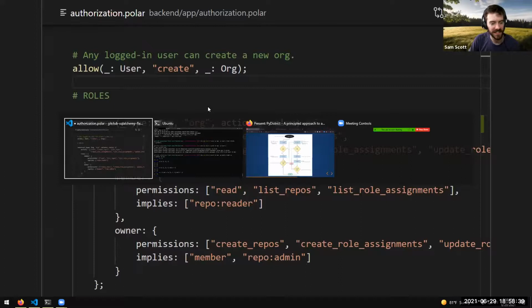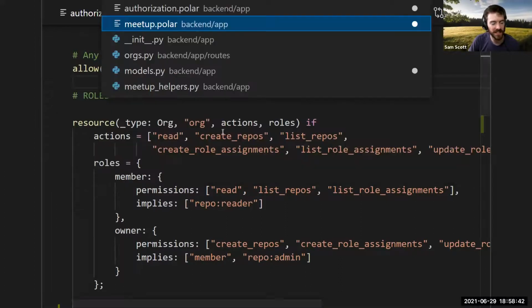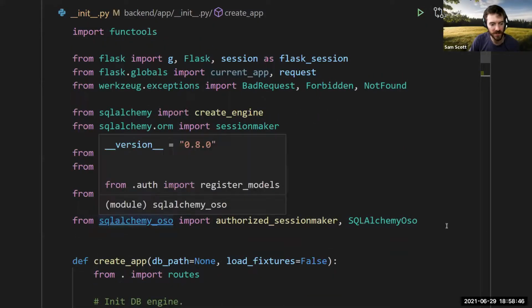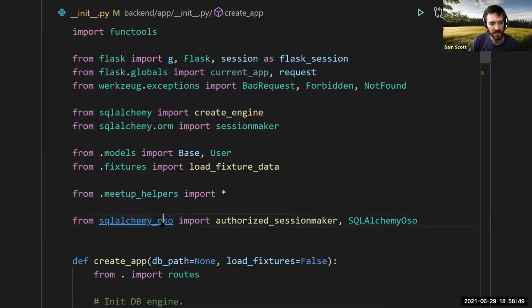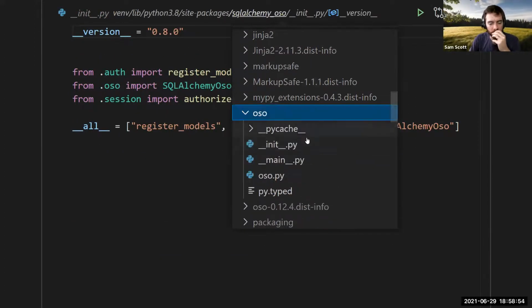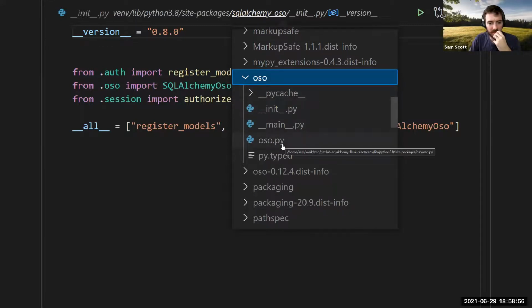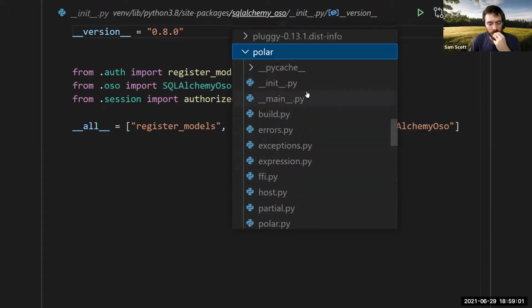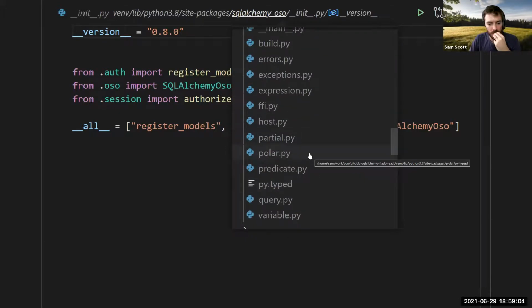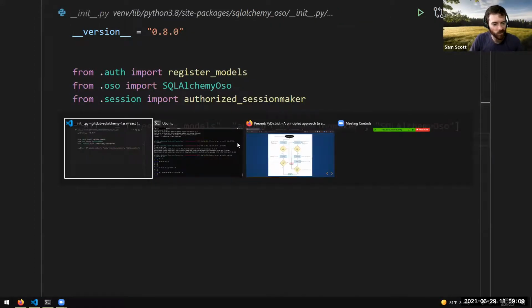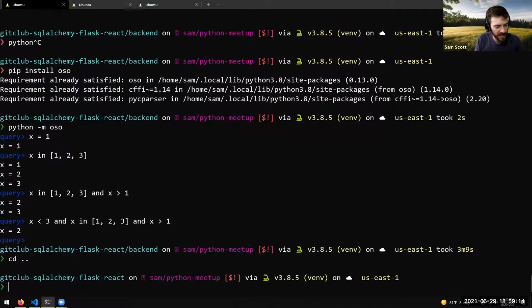That would be cool to show. Let me think if I can show that actually. Probably if I go to... oh no, I don't have access to it here. Well, I guess I can always just...